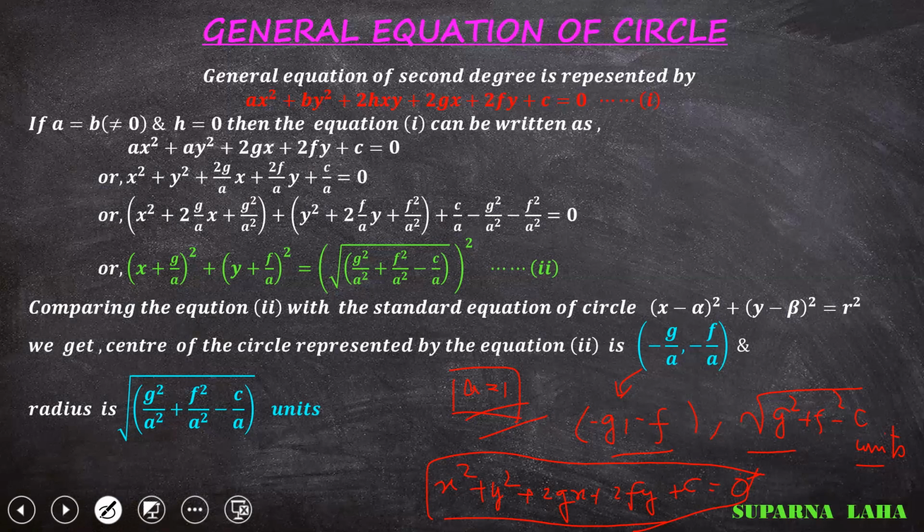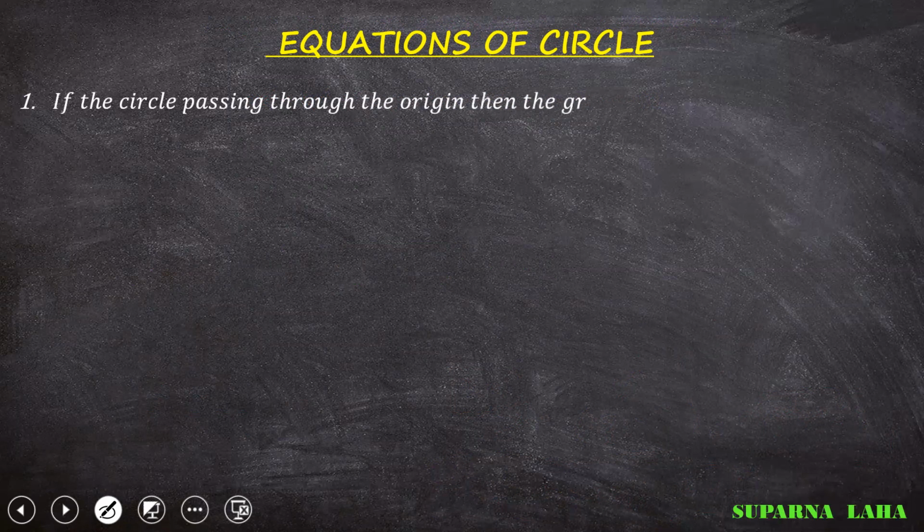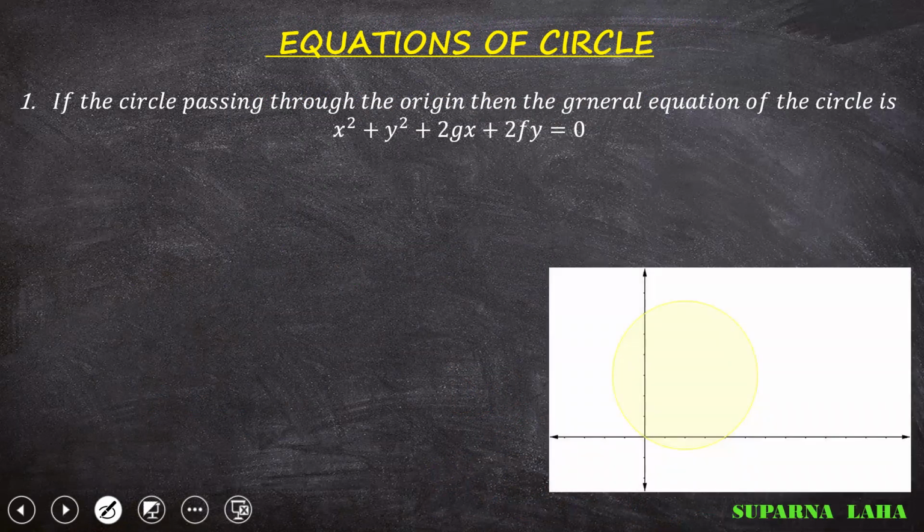Now there are 6 particular forms I mentioned in today's class. 6 particular forms of circle, in general and standard equations. So here is the first one. If the circle passes through the origin, that is, a point on the circle is (0, 0), then what is its standard equation and what is its general equation? If the circle is passing through this point (0, 0), it will look like that. Whatever center and radius we choose, it will pass through the origin.